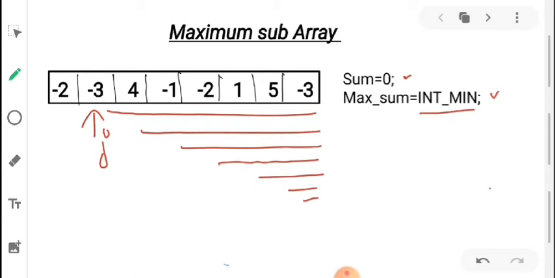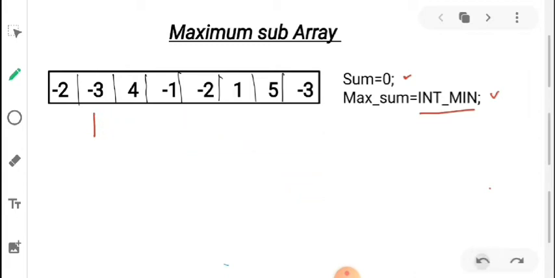So like that our loop will run, and our second loop will calculate the sum. Whenever we get a sum that is greater than the max sum, we'll update our max sum. Okay, so like that we'll get our maximum sum and we'll store it in the max sum variable.